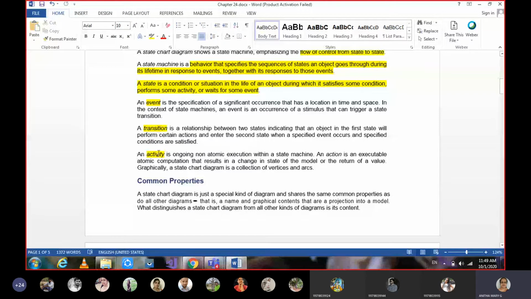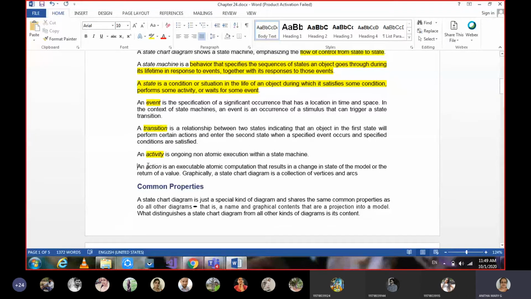Then activity and action states, which is what I was just talking about. Activity is of significant time and can be decomposed. The construction of a building can be taken in subparts, right? The foundation, then pillars, so it takes different subparts to construct the entire building.